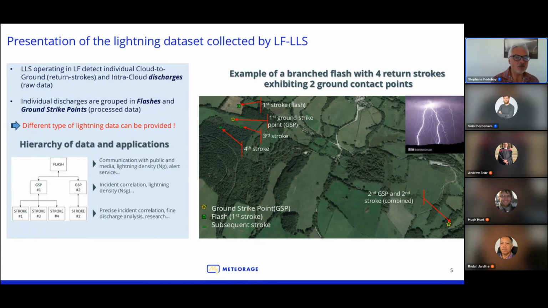So yeah, cloud to ground, I was saying, as well as intra-cloud discharges. And these are the raw data, meaning that these systems collect these individual discharges. And based on this individual data set of discharges, it's necessary to apply some algorithms in order first to group all these discharges in a consistent entity, which is called the flash, aiming at reproducing what a human eye can see when lightning occurs somewhere, or a second algorithm, which is called ground strike